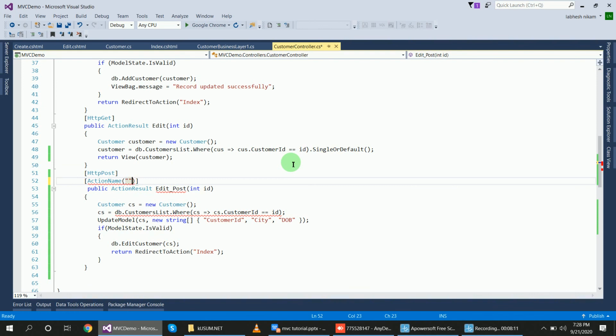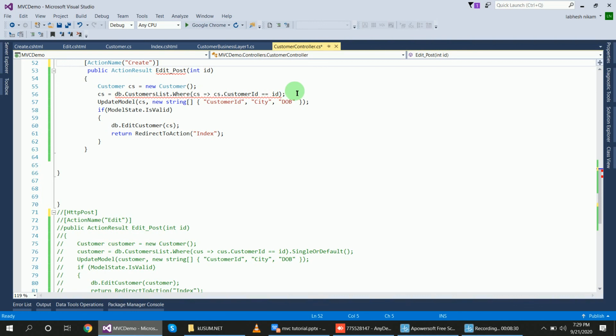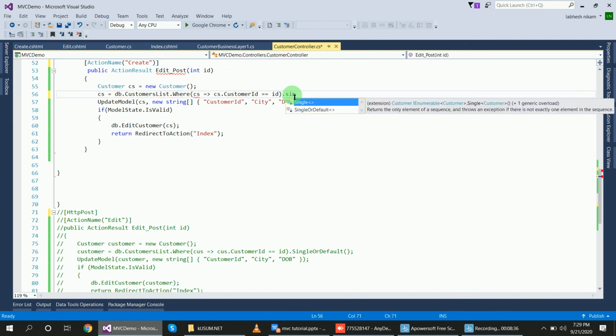Inside of that, create the view first and change the name of the method. Why this error here? Yes, because I have not used SingleOrDefault with the id.